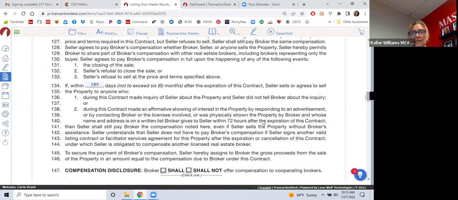within 72 hours after the expiration of this contract, then the seller, let me go back. How do they word this? Affirmative showing of interest in the property by responding to an advertisement or by contacting the broker or the licensee involved, or was physically shown the property by the broker whose name and address is on a written listing broker, and gives to seller within 72 hours after the expiration of this contract. Then the seller shall still pay the broker the compensation noted here, even if the seller sells the property without